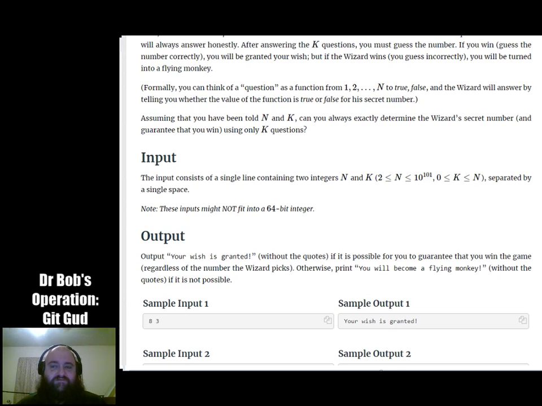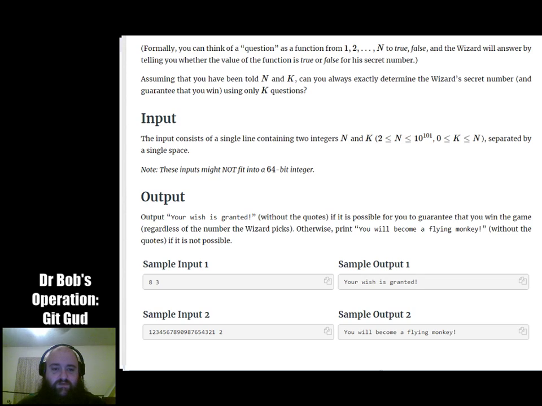So you just want to figure out if the log base 2 of the number n is at least as big as k.